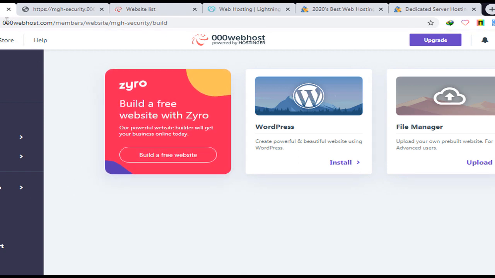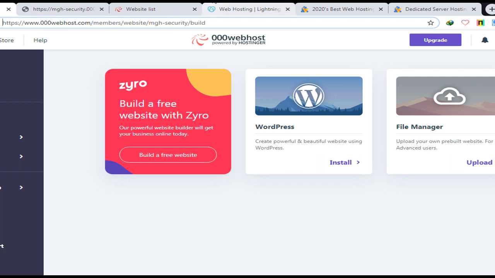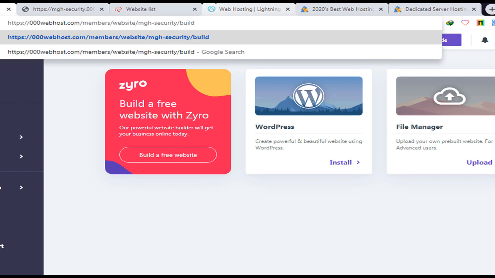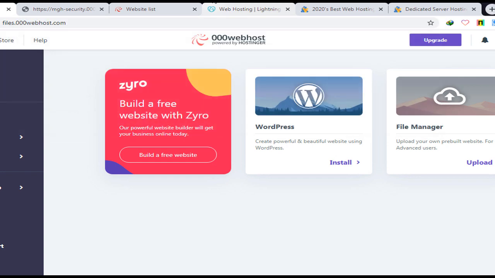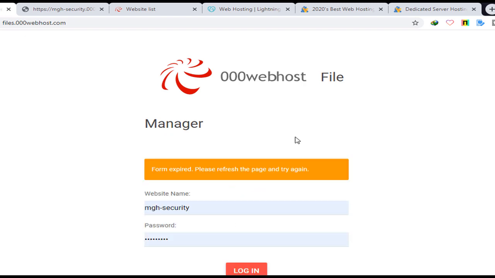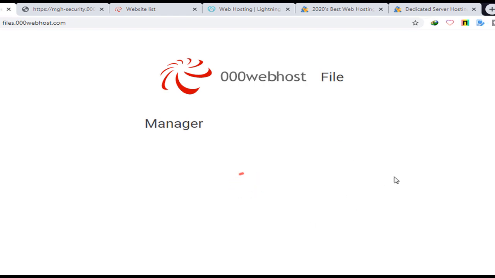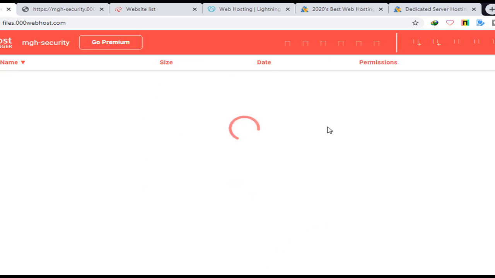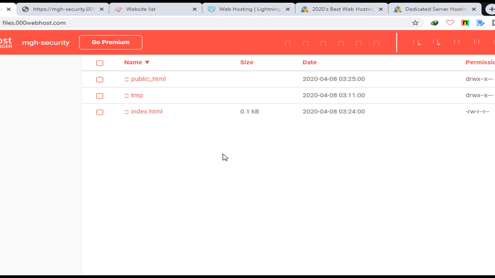So if we want to go to our website, I think we should go to files in here, files.webhost.com, and hit enter. So I want to manage my website. I click on login, refresh the page and try again. So refresh and log in again. So you see, this is the page or environment in which I could do the configuration